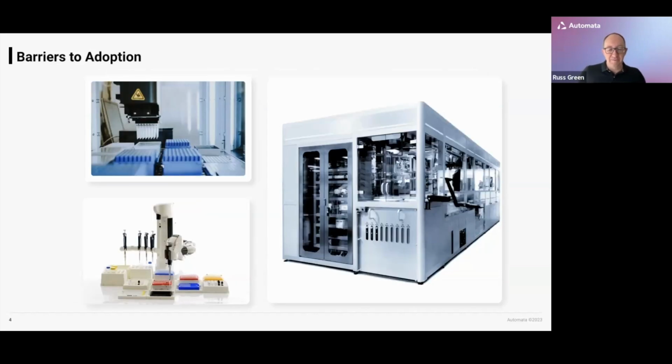We also see these fairly consistent barriers to automation that are very generalized, that are really based on emotion and experience, and the fear factor of driving this into laboratories. I'm in particular thinking about laboratories that really haven't had a huge amount of automation experience. So a lot of people consider automation to immediately be these huge monolithic systems, like the one on the right here, which is a very generic automated system. It doesn't really matter what it is.